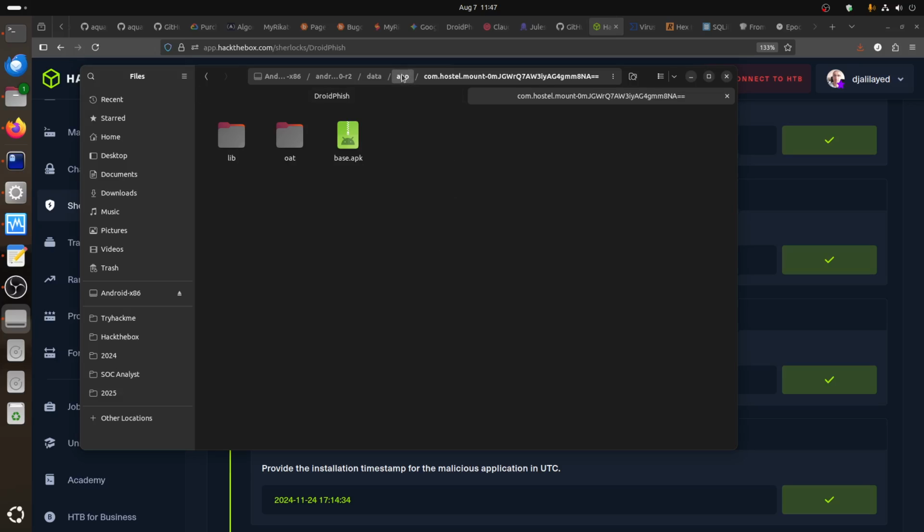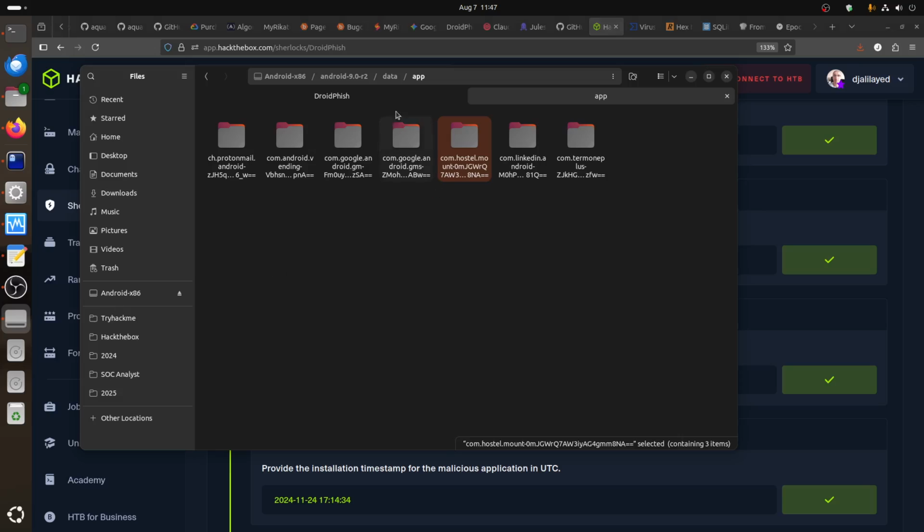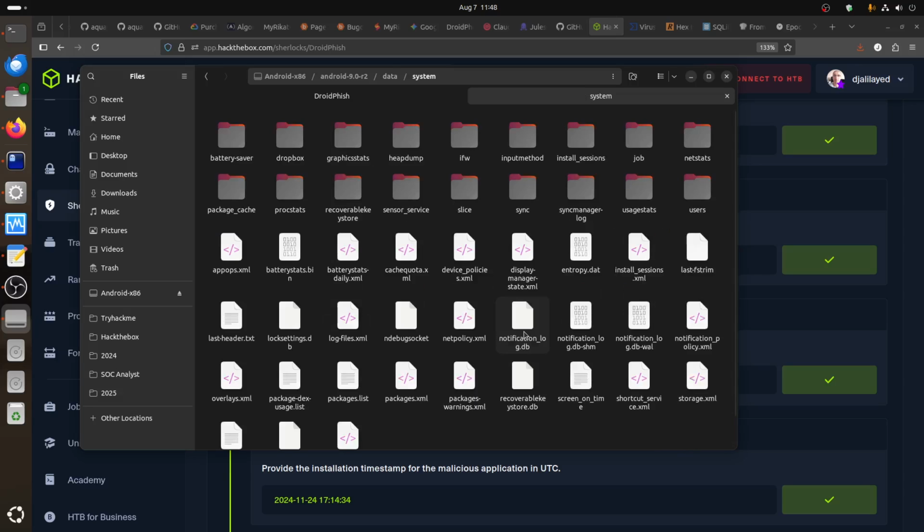Now the next question said, provide the installation timestamp for the malicious application in UTC. Again, here you get another confusing thing, because on a normal Android, let's forget about Windows for a moment, Android will put the stuff and the data, and you can see the file and the system. And if you go under system,